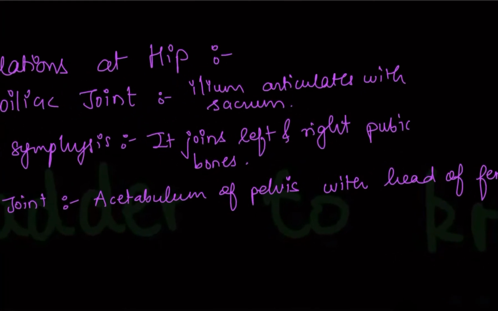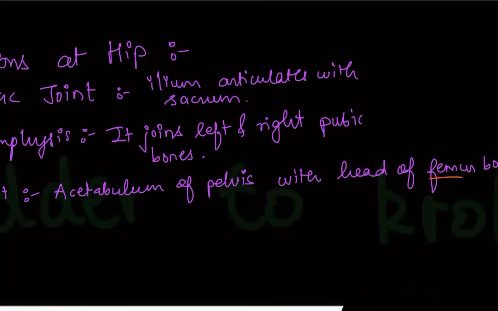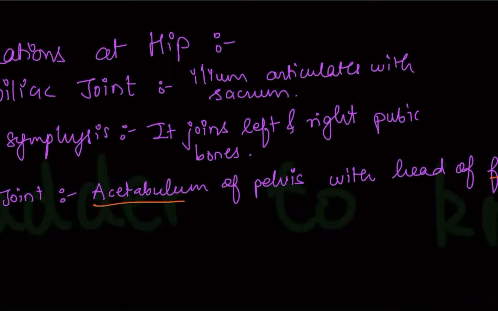Okay, so what do you mean by acetabulum? You should know. But before that, you must also know this femur bone. This femur bone is present in your thigh. Acetabulum, it is a cavity, it is formed by three hip bones. So all these three hip bones, the ilium, ischium, pubis, will contribute together and give you acetabulum.